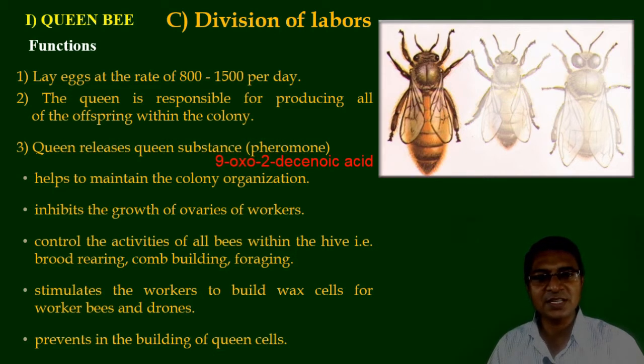As per the necessity, or when the flowering is much more in nature, at that time the pheromone also stimulates the workers to prepare the drones. But this is seasonal. It also prevents the building of the queen cell. That is, the queen substance prevents the workers from constructing or preparing the queen cell if she is very young and able to lay eggs as per her capacity.